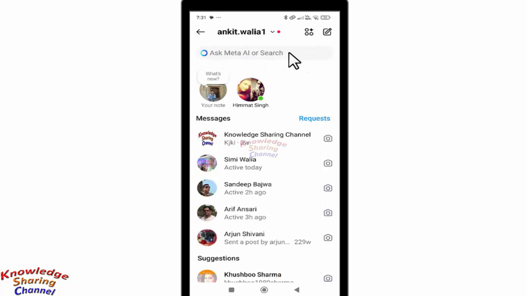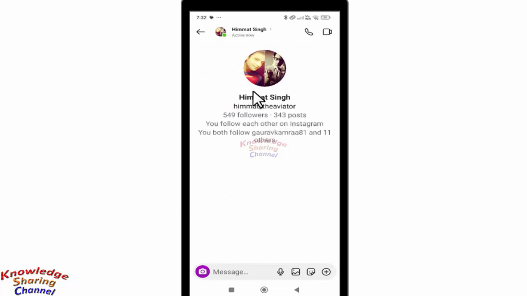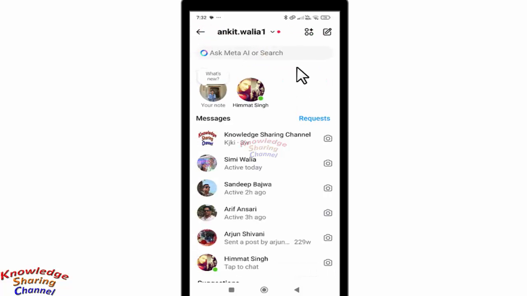Now here you can see the people who are online are shown with a green dot, and if you open their chat window, you will see they are active now or their last time of using Instagram. So due to any reason, if you don't want your last time to be seen by your friends, then you simply